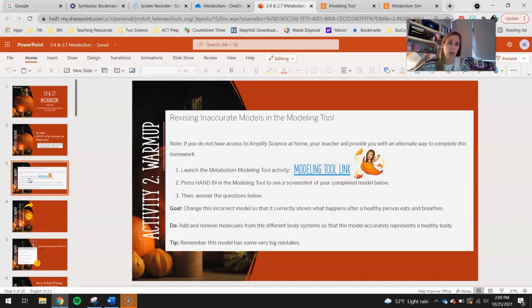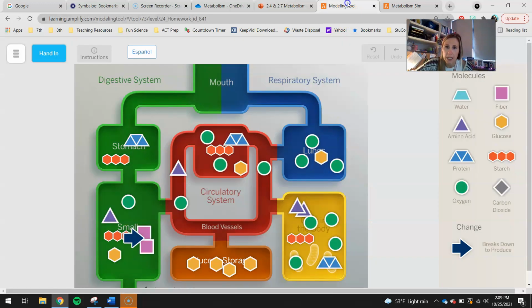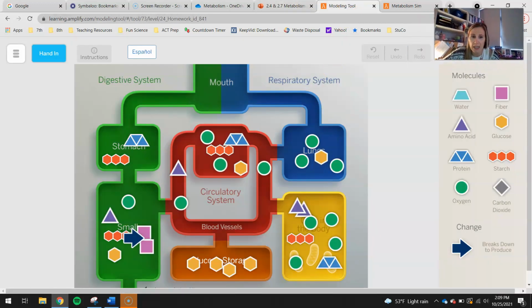All right, moving on to your warm-up today. So for your warm-up, you guys are looking at an inaccurate model of a healthy body. You will need to right-click and open up this link, and it's going to take you into this modeling tool. What you have is an incorrect model of a healthy body, and you need to